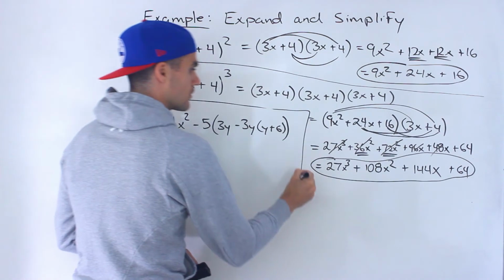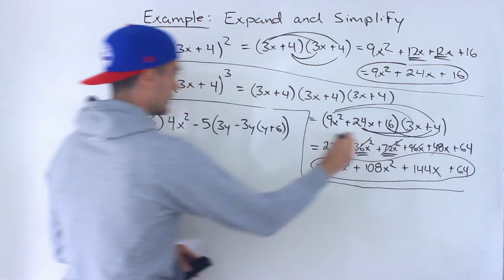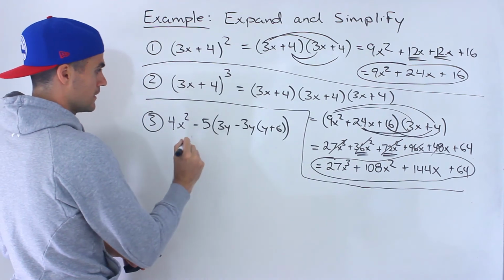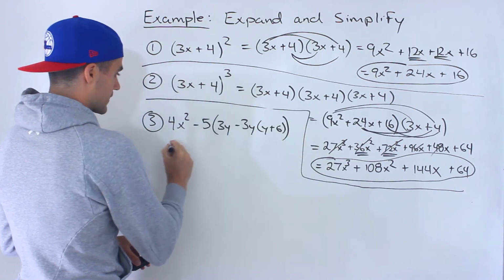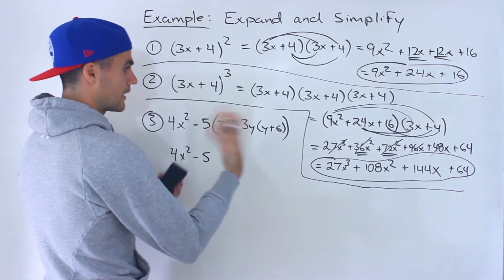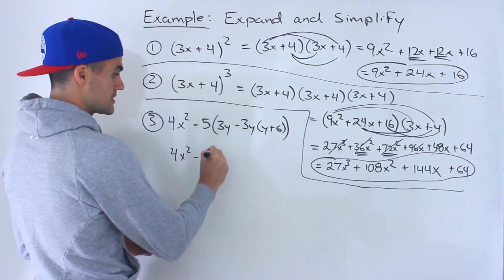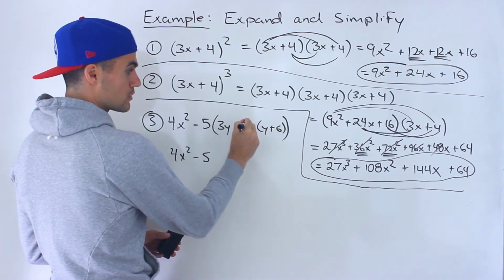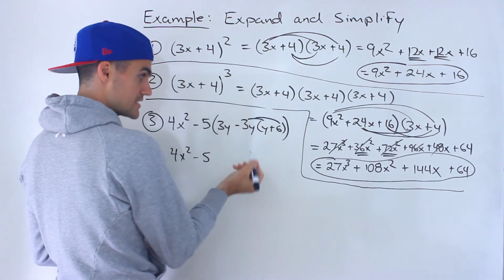And then number 3, it's actually going to take less time than this, but there are more variables here. Notice we have an x and a y, and that we have 2 brackets. The way I usually do it is I always work with the innermost brackets first. Within this big bracket, we have this small bracket and the negative 3y outside of it. So I'm going to distribute